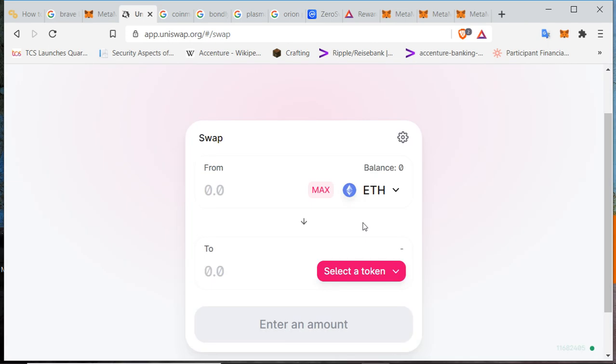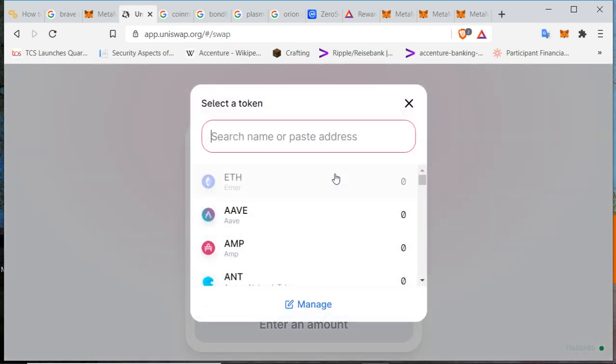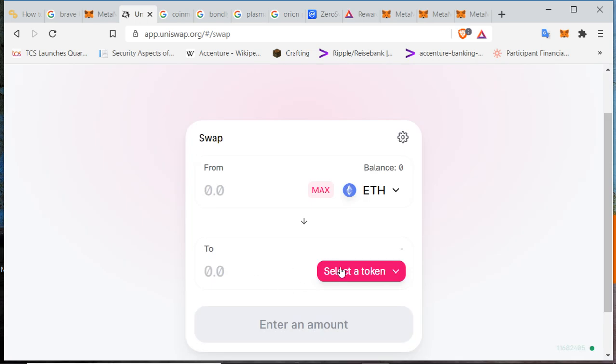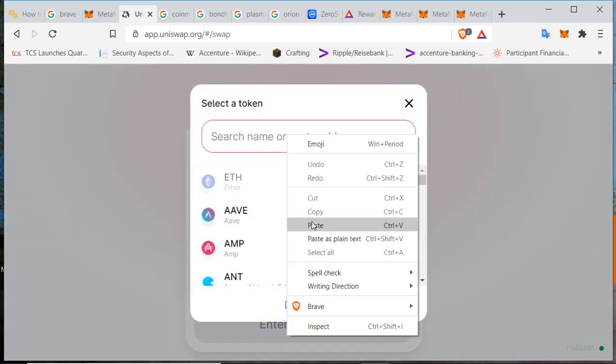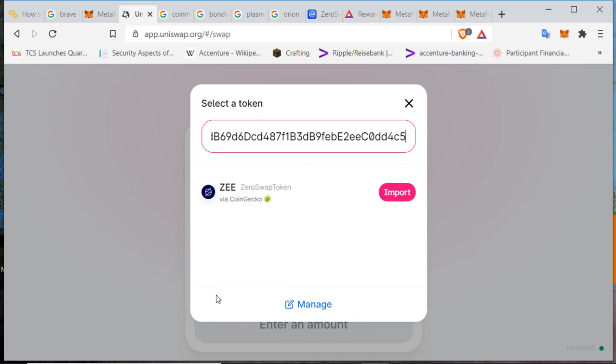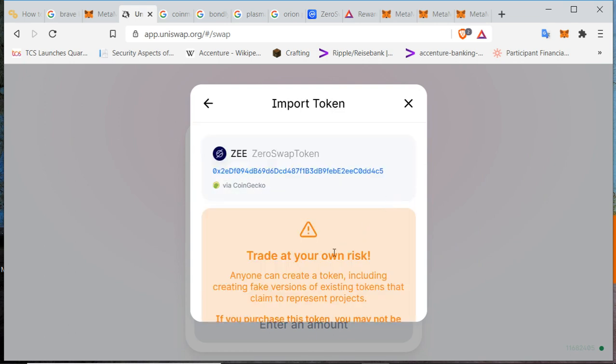There are different protocols, I believe, that you can be operating under if you do it a certain way. I generally just try to keep it as easy as possible. So I make sure that this address is valid. CoinGecko has this ZeroSwap token. I'm going to import this into